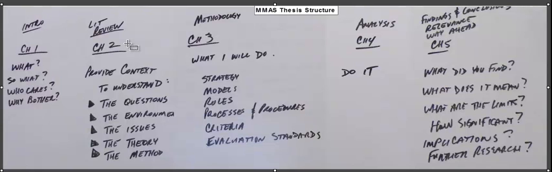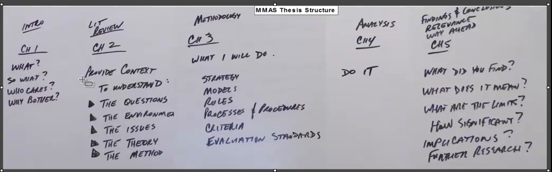Chapter 2, the lit review, has to contain the background information that gives us the context to understand the things that you're going to discuss out here in Chapter 3 in methodology, in Chapter 4 analysis, and in the conclusion. All of those things are part of a story of research and findings and sense-making that you're going to go through. And so Chapter 2 is often the last thing that you finish